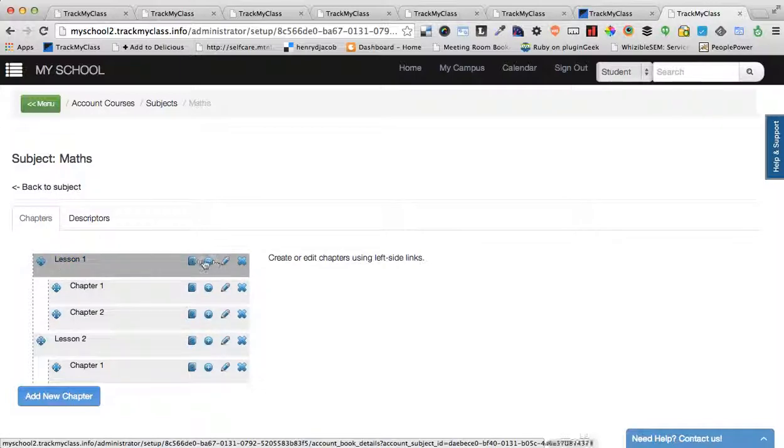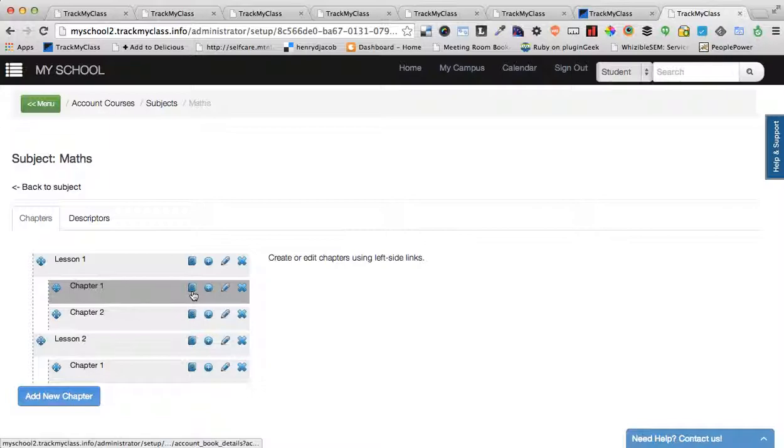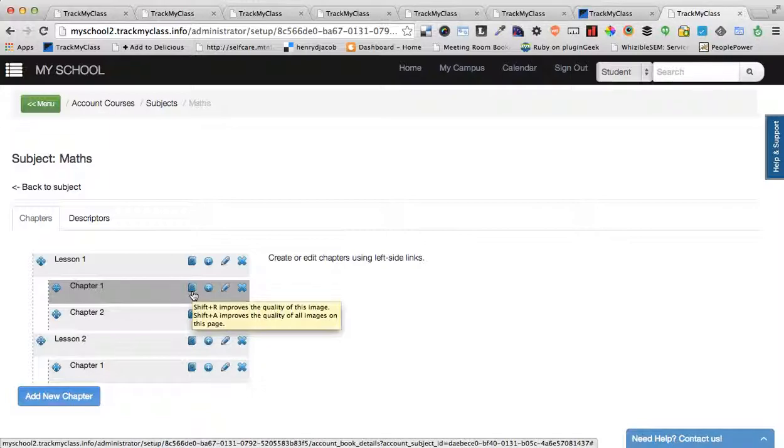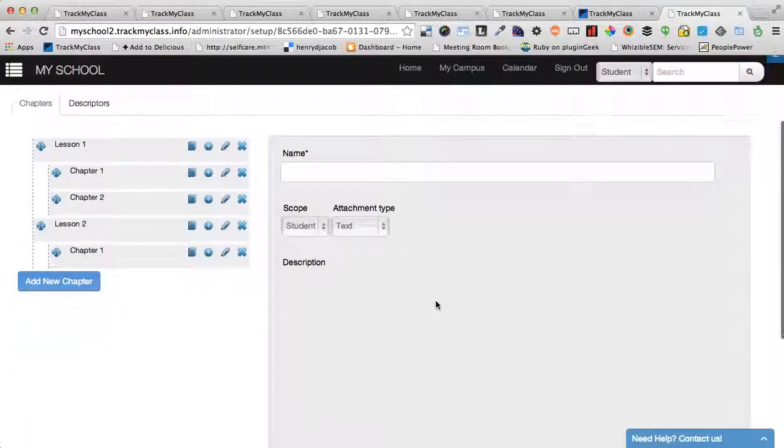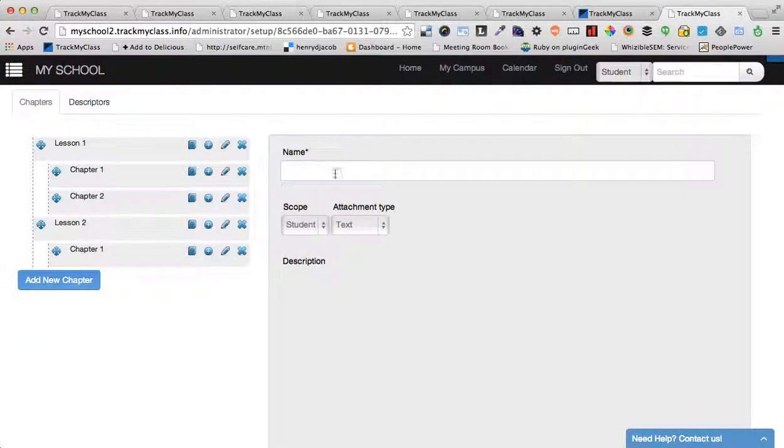Once the chapter is done, you can click on the first icon, that is for adding content. For example, if you want to upload any document or any content or any video, you can store them against a particular chapter. So click on the chapter. Here you can add new content. So you can upload